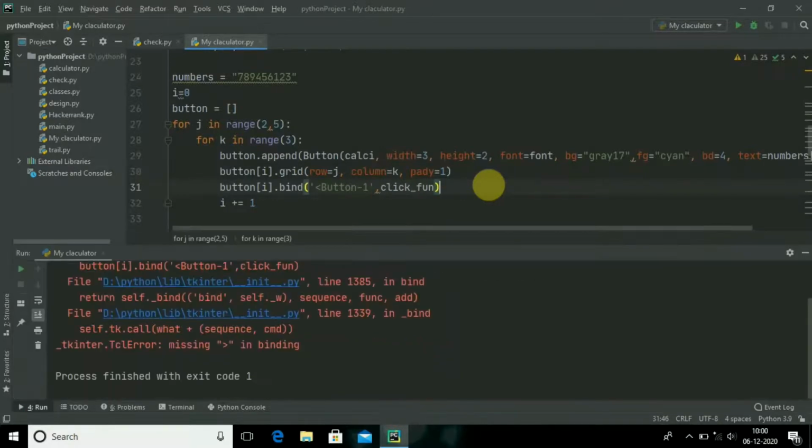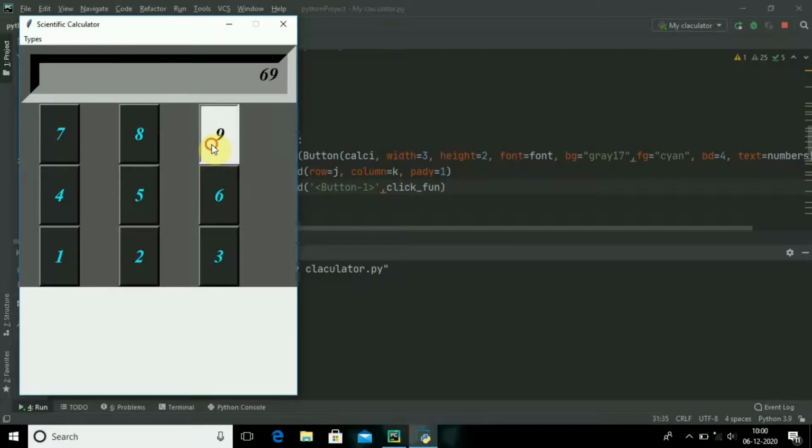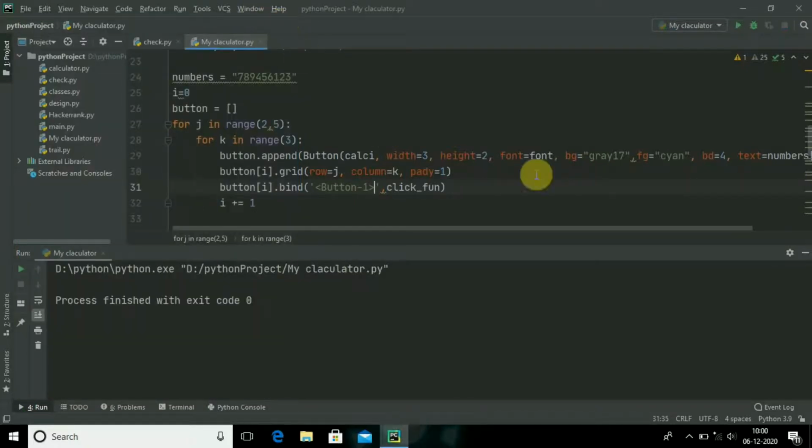When you run this command, you will see something is missing. Yes, the right thing. Now run this command, you can see it appearing. The buttons are working.